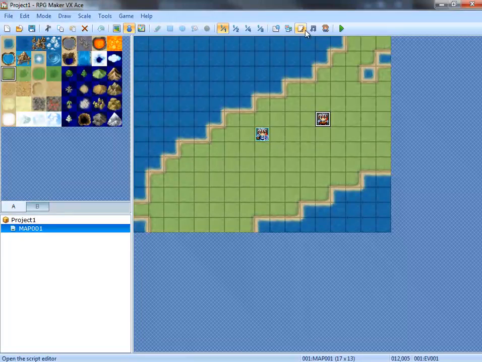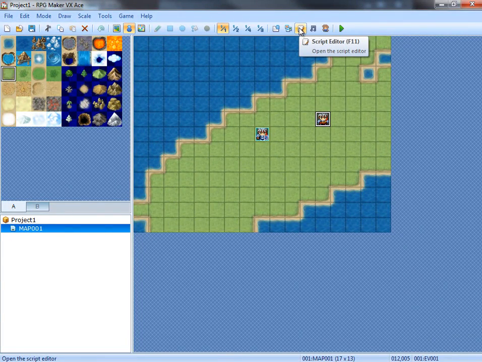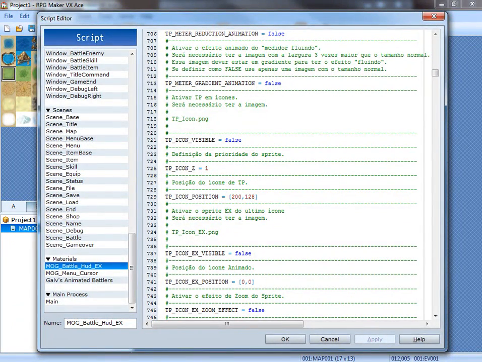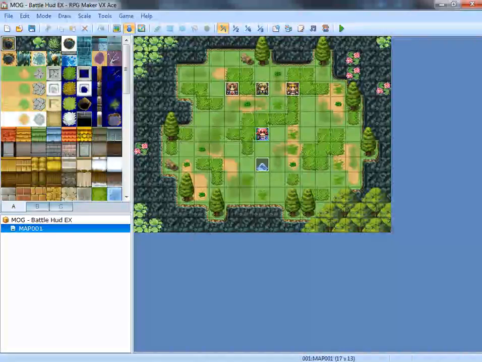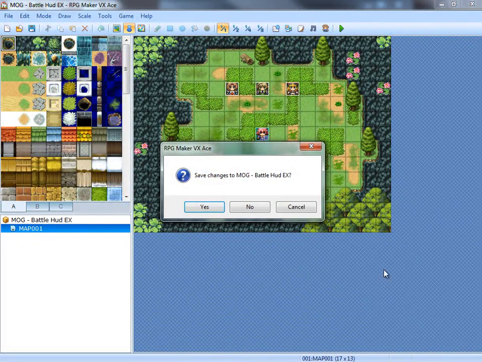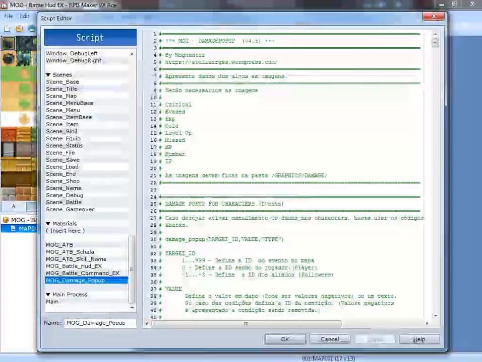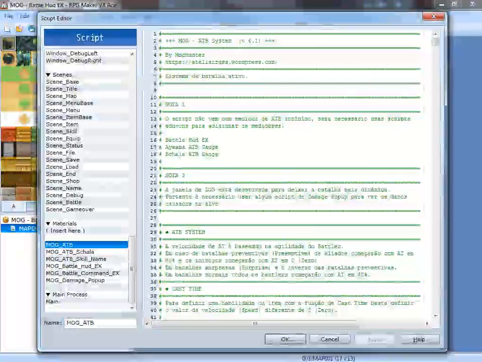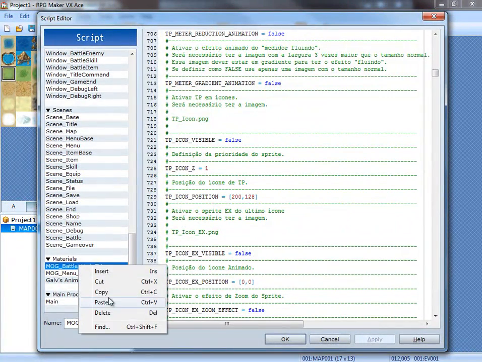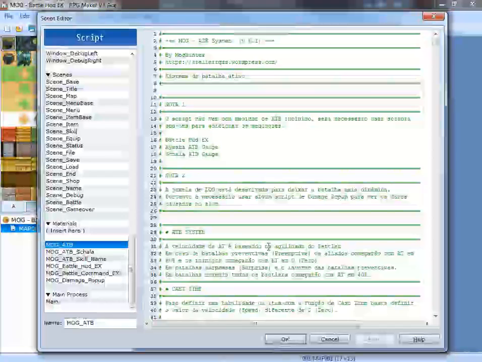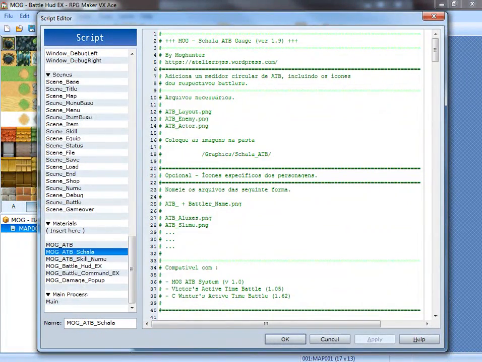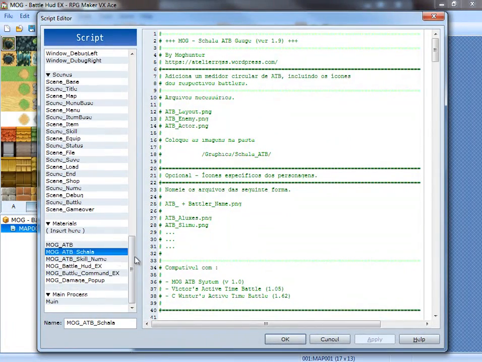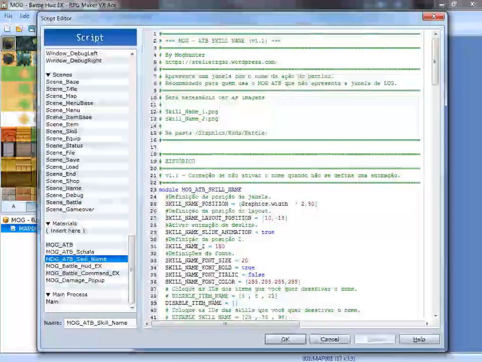Alright, so again, this is the game. We already did the map, we already did all the events that we want. We have like an 80-hour epic or whatever. Let's go ahead and pretty it up with, I don't want to save. There we go. An active battle time, so we're gonna go ahead and copy and paste the scripts, and I'll go over each of them in a little bit. Copy, paste, copy,